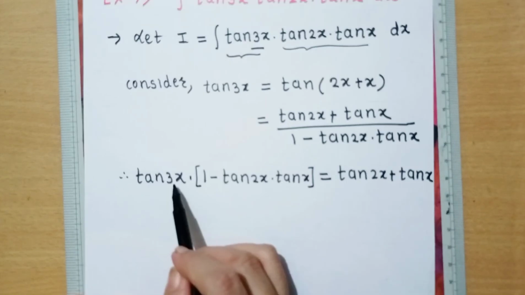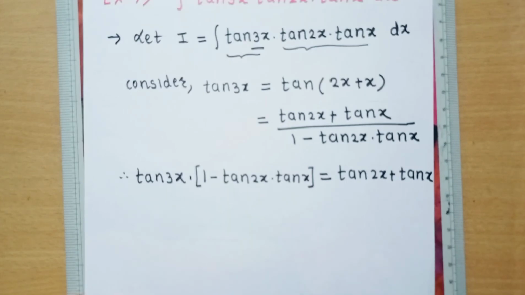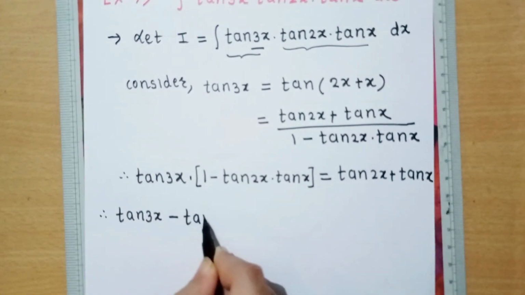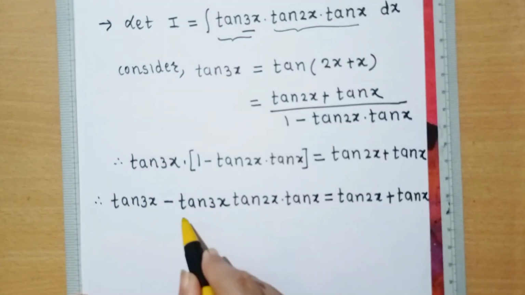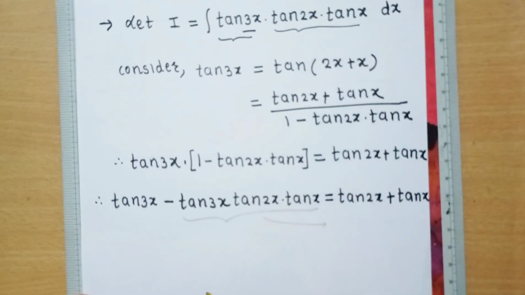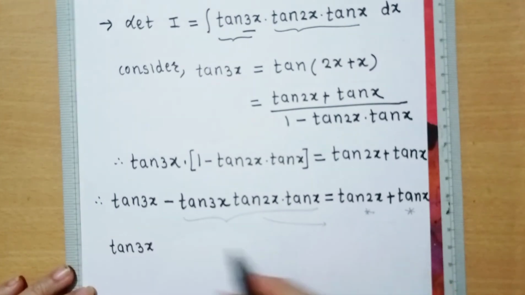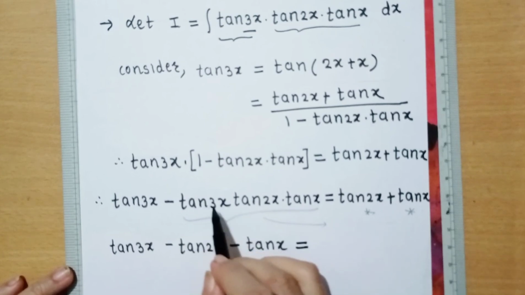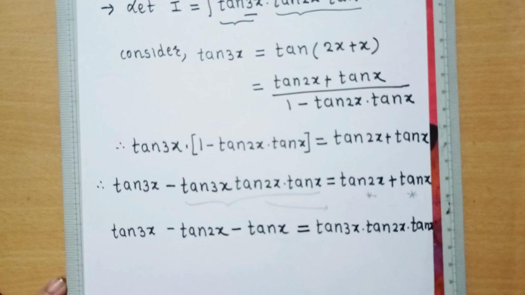Multiply separately tan of 3x to this and this. Again we have tan of 3x into these two terms. Now check, this is our given integrand. We will move this to the right hand side and again we will move these two terms to the left hand side. So we have this is minus tan of 2x. Again this is minus tan of x, and that is equal to, this term will become plus,